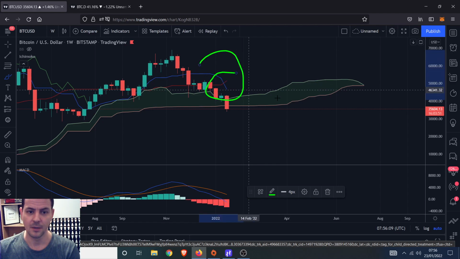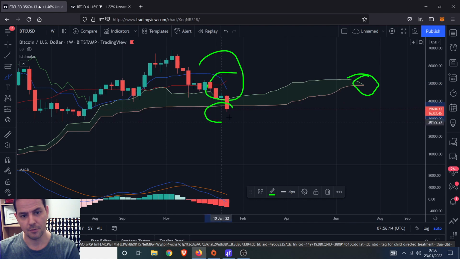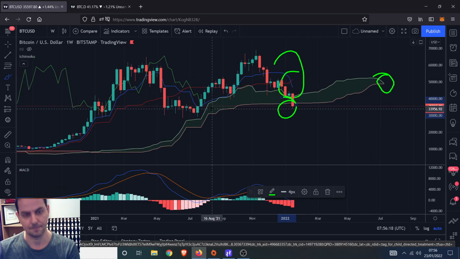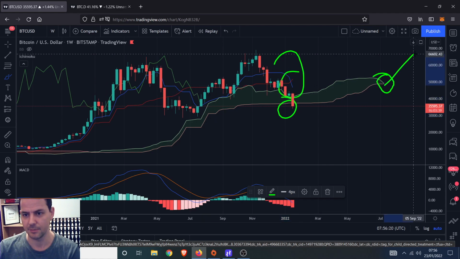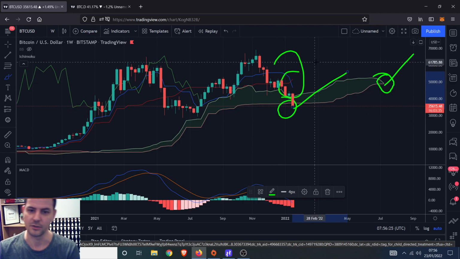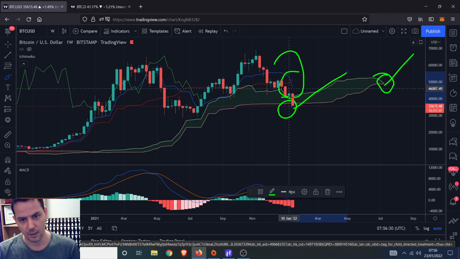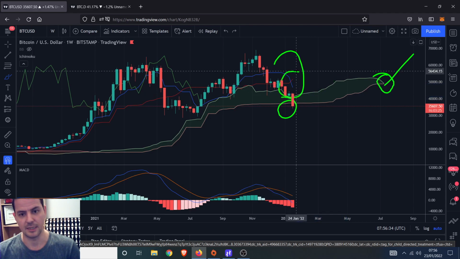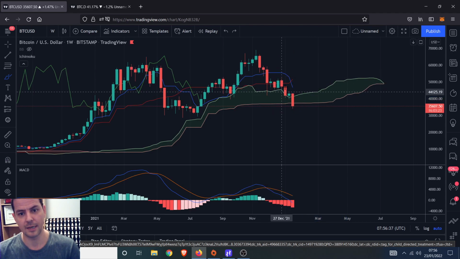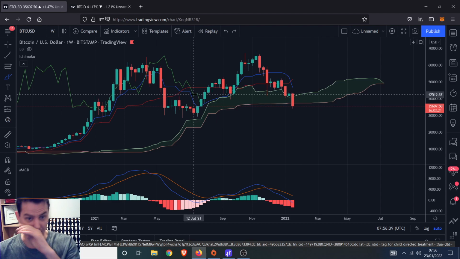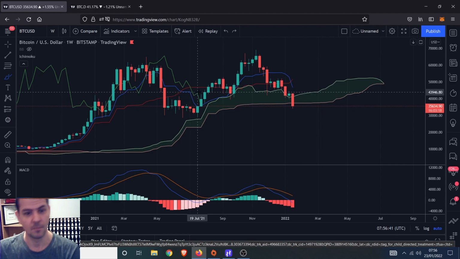We've got 1, we've got almost 2, probably going to be confirmed by Monday. 3, so we've got 3 components of this pretty much in the bag, really. I mean, this isn't guaranteed, but I think it's almost certainly going to be. This hasn't closed, but it does not look like it wants to suck itself back inside the cloud. So we've got 2 that are about to be confirmed tomorrow, but this cross has definitely happened. So 1 guaranteed, 2 in the pipeline, and the 4th thing that we look for is this Chikou span.